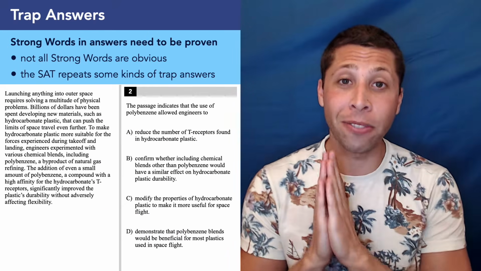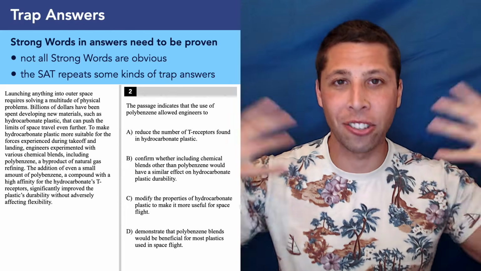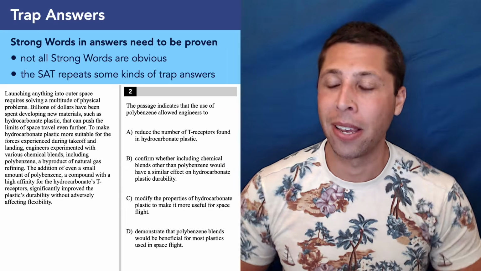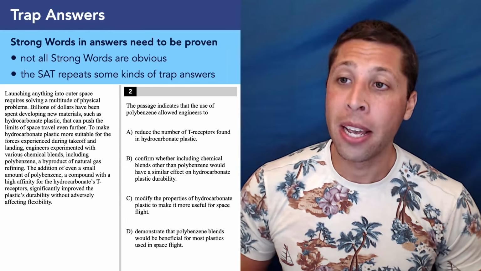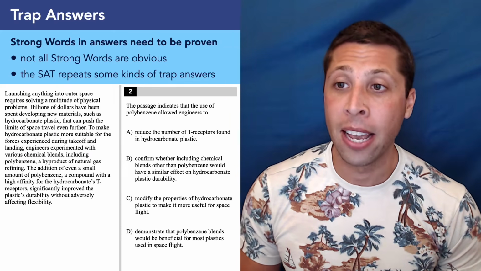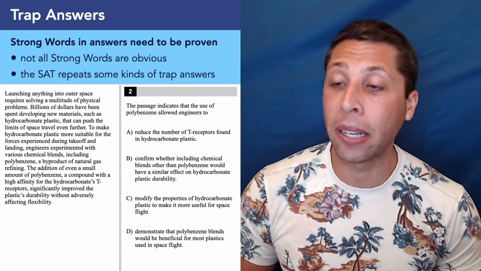And I'm going to tell you this is a very dense science passage, so don't try to focus too much on the science. Let's just let the passage happen and we'll use the answer choices and look for strong words there. Launching anything into outer space requires solving a multitude of physical problems. Billions of dollars have been spent developing new materials, such as hydrocarbonate plastic, that can push the limits of space travel even further. To make hydrocarbonate plastic